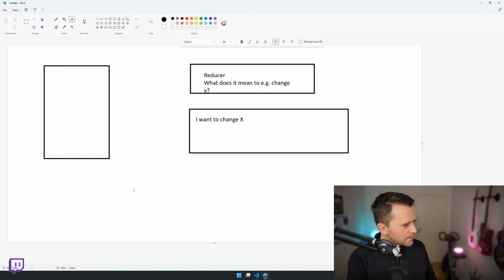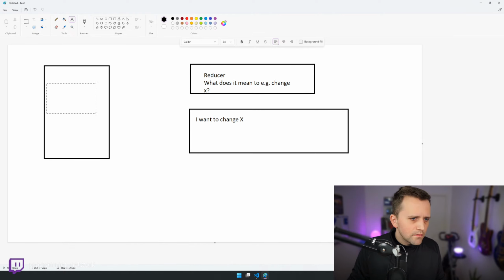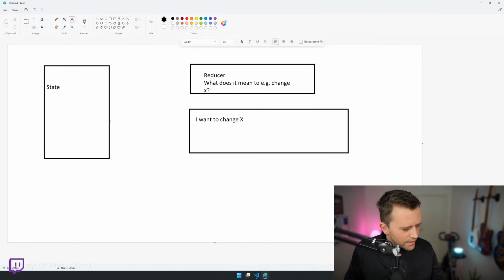Yes, but that's not what Redux is. You're trying to make this be something. This is a pattern, right? What it should be, what it shouldn't be. It's definitely not that. Again, you have your state. Here you say, hey, I want to change X. Here you define how that X changes, and then it changes here. So it could have been anything, right? But it's not. It's what it is, right?